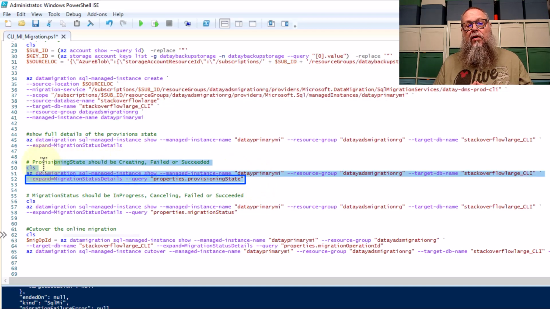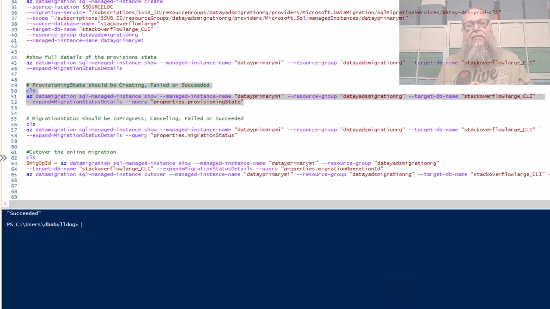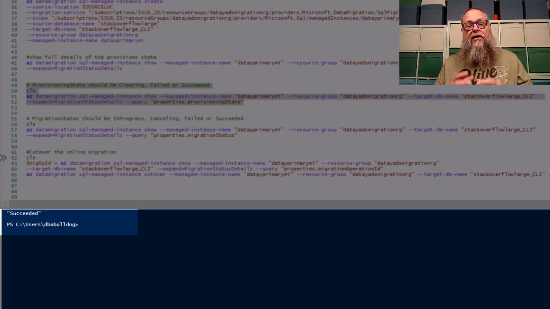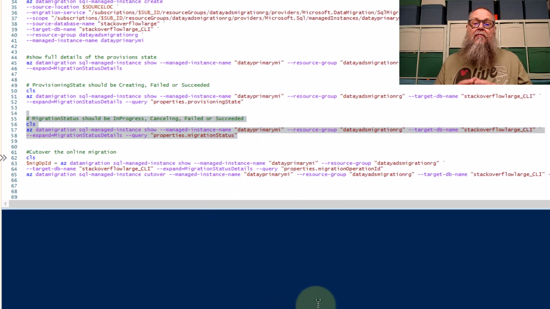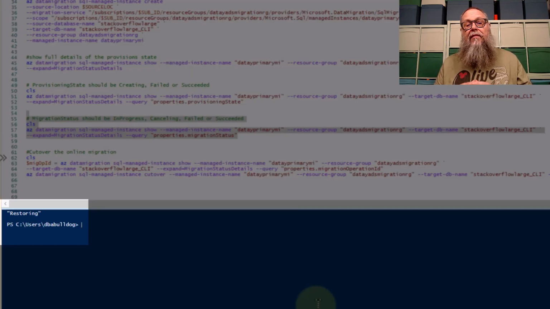Let's run a query properties provisioning state. All right, once we execute that, you can see we get a very clear answer. Yes, our provisioning has succeeded. We don't have to parse through all that JSON. We could also run a query against that same command called properties.migrationStatus. If we run properties.migrationStatus for the az data migration sql managed instance show, you can see here that we're